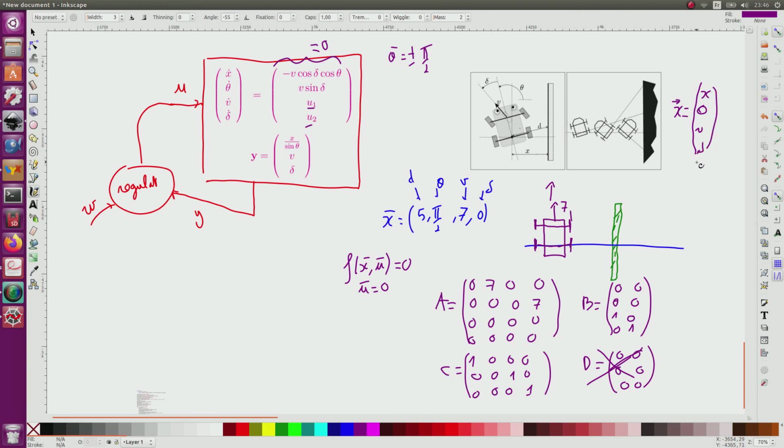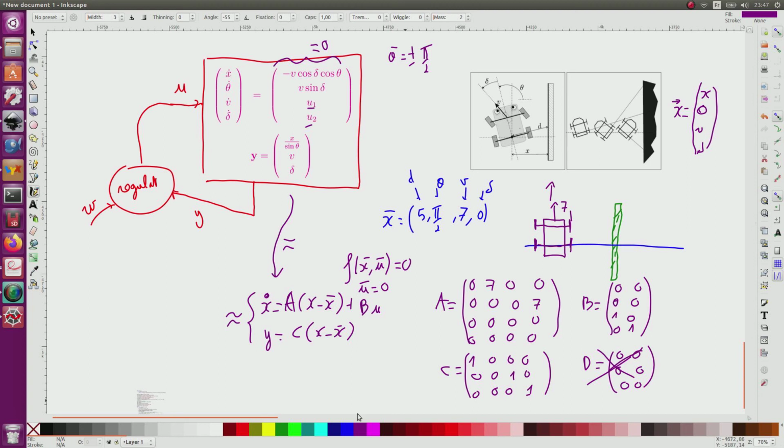So if I have this system, it approximately corresponds to something which is linear, which has the form x dot equals A(x minus x bar) plus B(u minus u bar), but u bar is equal to 0, y dot equals C(x minus x bar), plus 0. So this one is approximately equal to them.